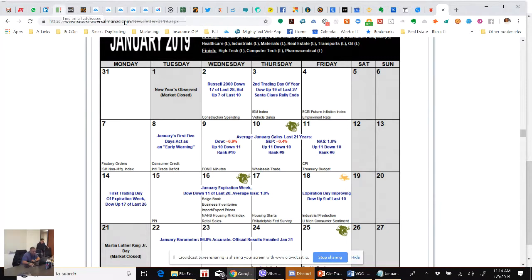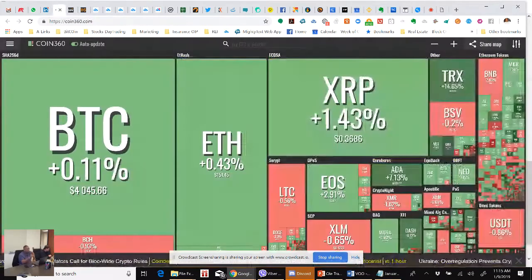We had TRX last night. You had Dash, you had ADA. These are all currencies that moved over 5%. If you can make 1% a day trading, you can take a